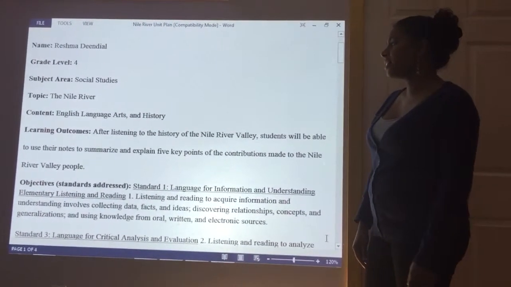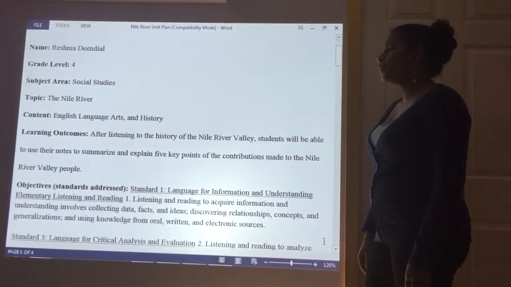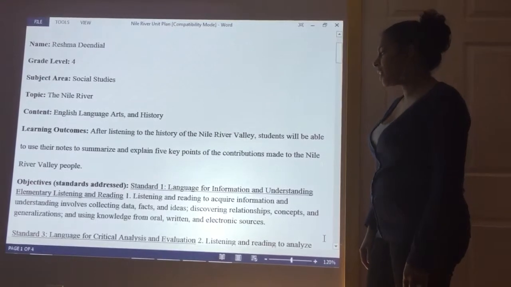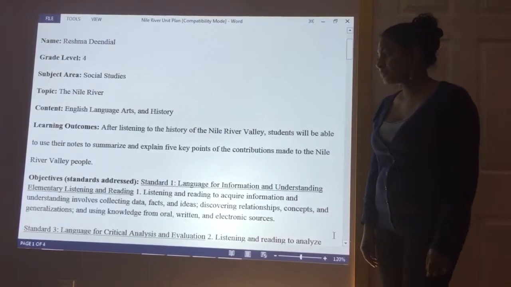Learning outcomes: after listening to the history of the Nile River Valley, students will be able to use their notes to summarize and explain 5 key points of the contributions made to the Nile River Valley people. Objectives: